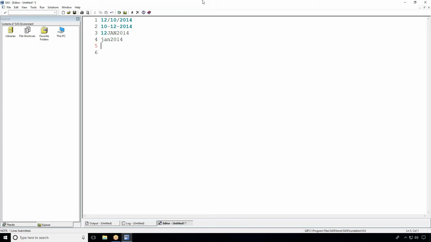Now if I go for this particular date value, is it character or numeric? It's a bit difficult to understand because actually it's a numerical value, but the data is separated with spaces, slashes, and so on. Then the confusion comes into play: which one is character and which one is numeric? It's going to be a big problem. To avoid that situation, what we do is we try to create